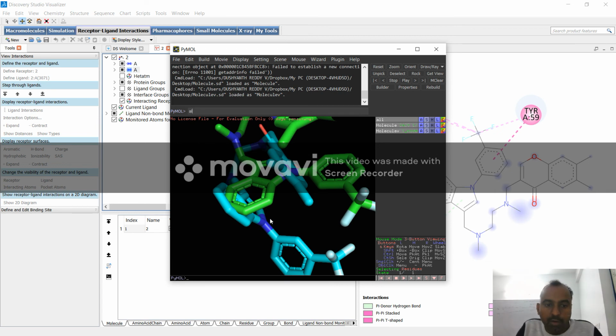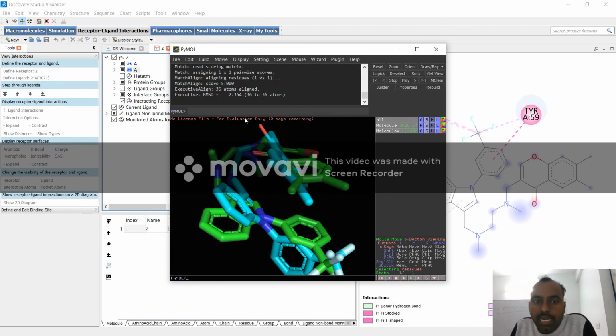For that, simply I will go for the align command, align space molecule comma molecule. These are the names which I have given. Suppose if you have given names ligand 1 and ligand 2, align space ligand 1 comma ligand 2. So click enter. So this is your RMSD value with which your docked ligand as well as the individual ligand are matching.